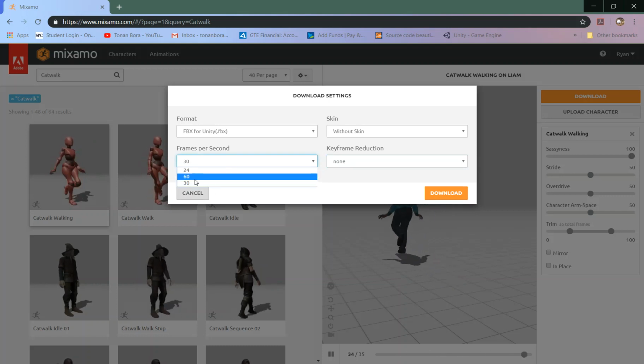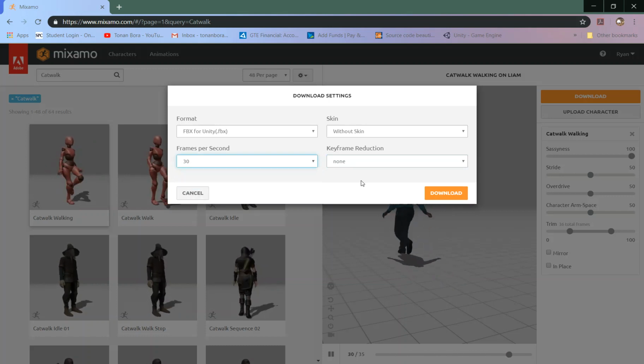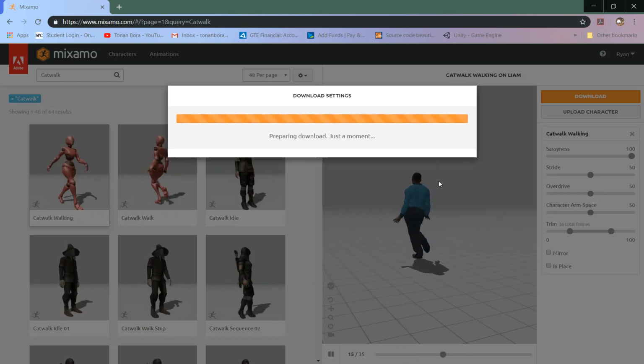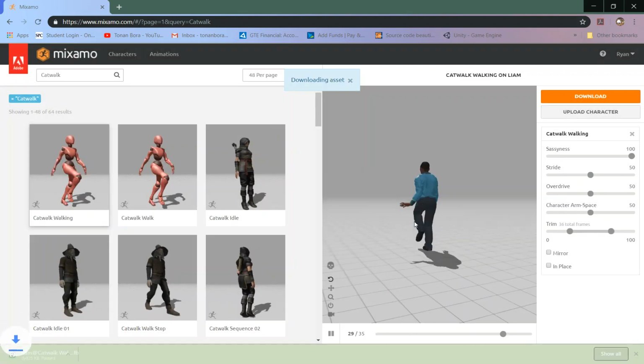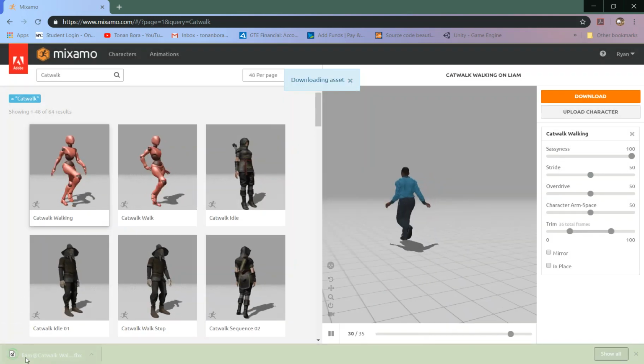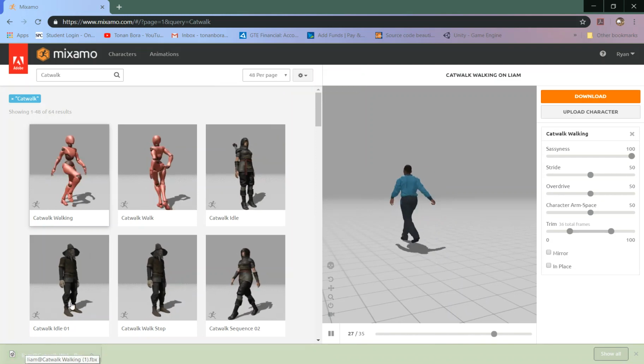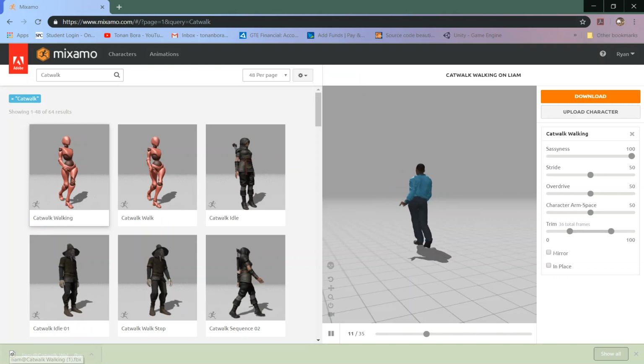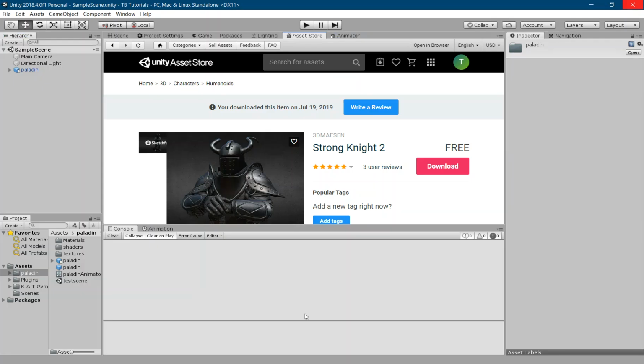No keyframe reduction. And frames per second can be 30 or 60. I don't think it matters too much. So I'm going to leave it at 30 for the time being. And then you hit download, and it will download it. I've already got this one. So what you'll do is go over to the folder that this was downloaded in, and you will bring it into Unity